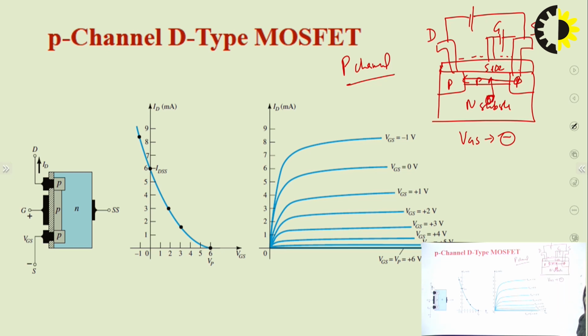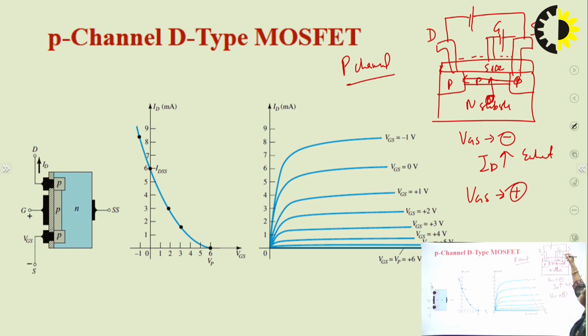So the holes that are present as minority charge carriers in the N-type substrate will move towards the channel and increase the number of charge carriers in the channel. That's why if VGS is negative, ID current will increase in the channel and it will be working in enhancement mode. And if VGS is positive,